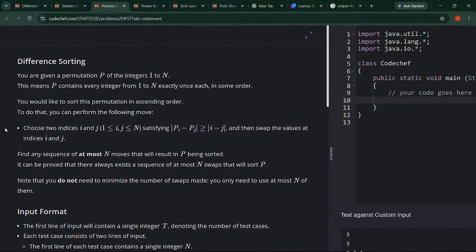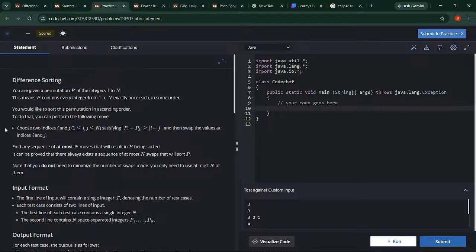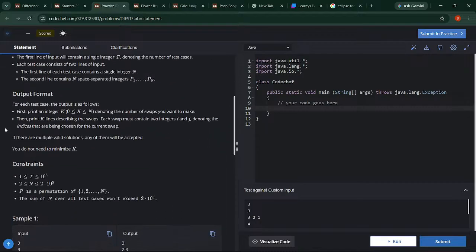Now given a permutation P of integers 1 to n, this means P contains every integer from 1 to n exactly once. You would like to sort this permutation in ascending order, and to do that you can perform the following move. Right, so in this question, we have to